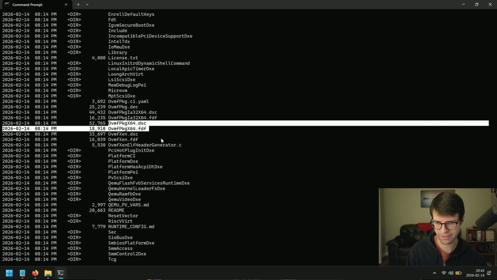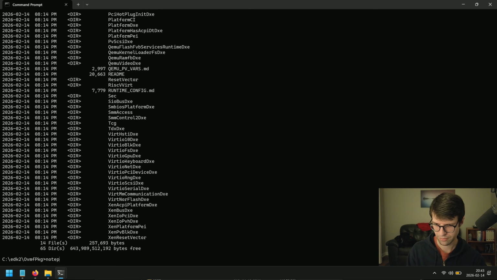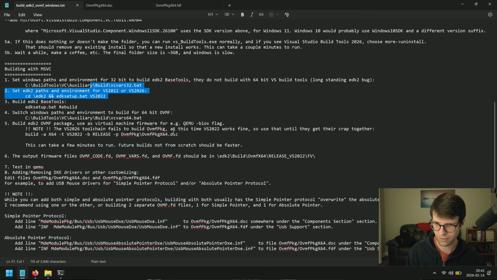So OvmfPkgX64 DSC and FDF are what I'm going to mess with. I'm just going to open the FDF as well. Okay. So for the description file, if I want to add mouse support, just so I remember what to add, they changed this since a year or two ago when I first wrote this. I'm going to add in, under the module package bus, USB, so USB devices, the mouse driver execution environment info for that,